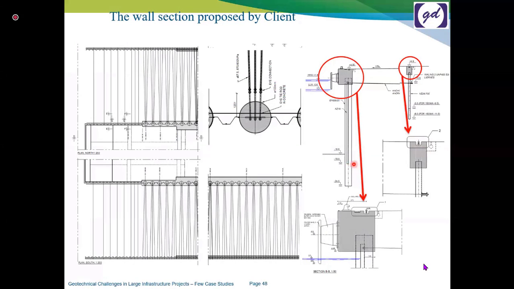The sheet piles have not been driven fully to the bed level, and have only been driven up to -19, whereas the pipe piles that have been driven are supposed to be driven up to -25. So a 25-meter long pipe pile is connected with almost 19-meter or 17-meter long sheet piles, and alternatively what we call a combi pile.